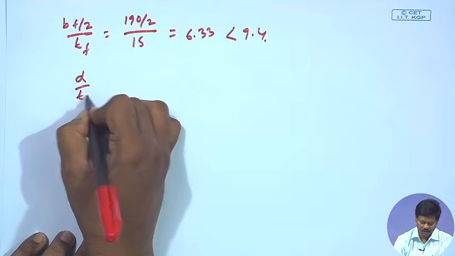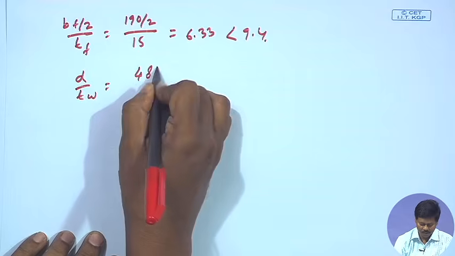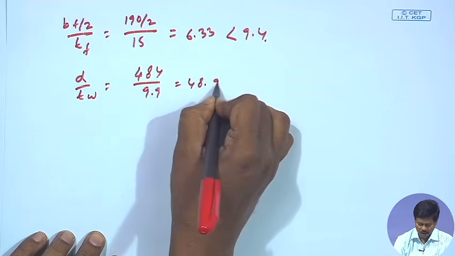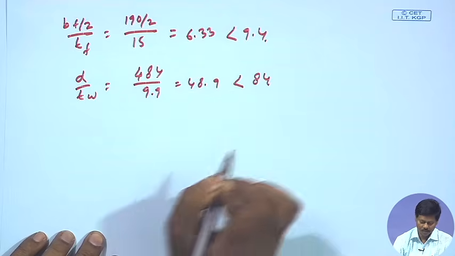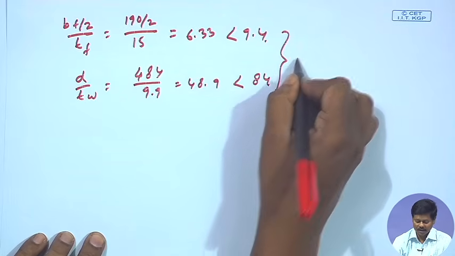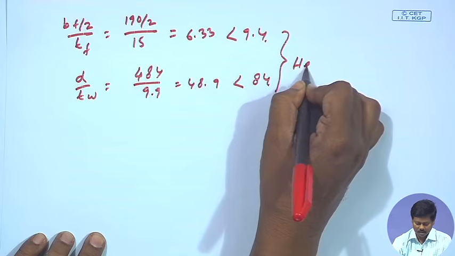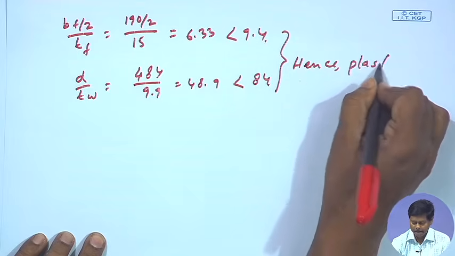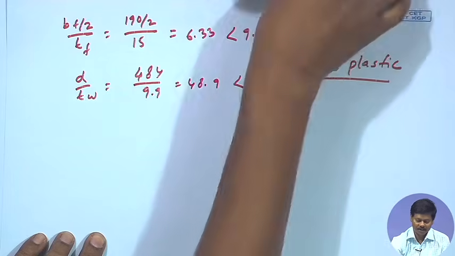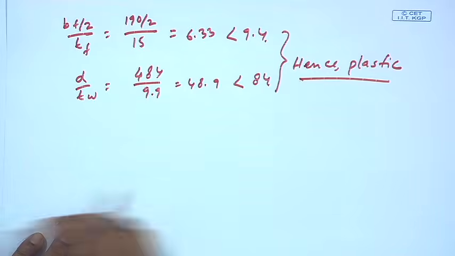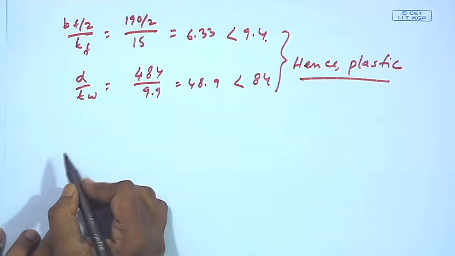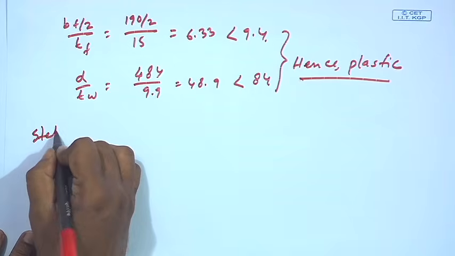Similarly, d by Tw we are getting 484 by 9.9 equal to 48.9 less than 84. Okay. So, from this I can say this is a plastic section. So, if it is plastic section, then I can find out the value accordingly, right. So, now in step 4 also I have to find out